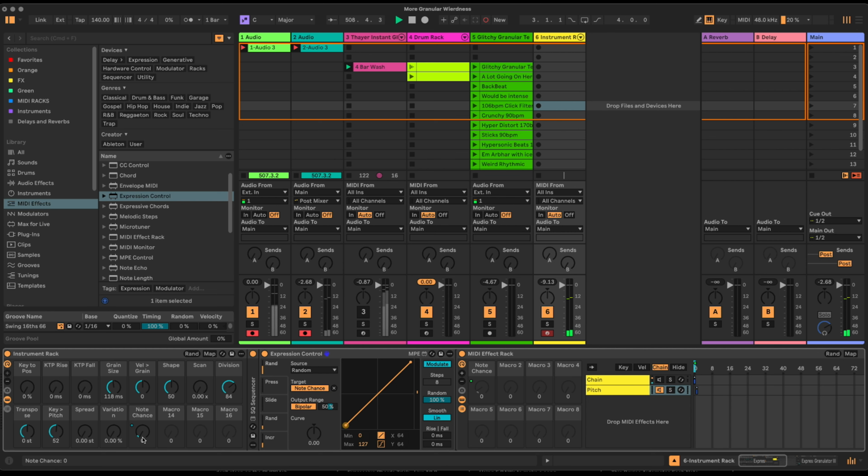So now we can hear, just very occasionally something's coming through. So I actually need to change this to 49% so that when the note chance is all the way down here on 0, we can hear no notes are getting through. And if I turn it all the way up here, we're getting 100% of the notes,